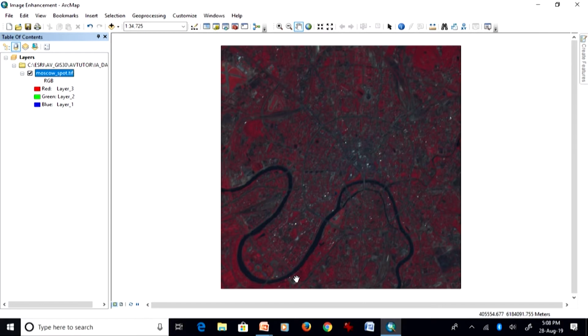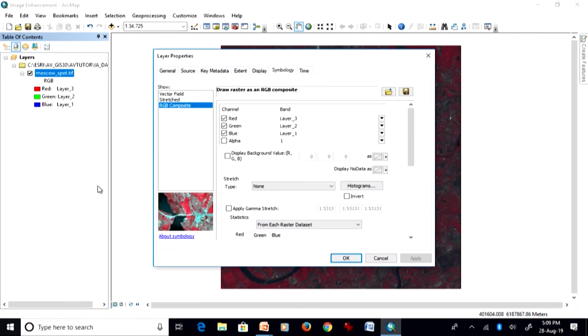If that combination is not followed, then you are not creating a standard false color composite. There are standard keys also available to interpret a false color composite image. But if I choose altogether the default for this composite, then I have a problem there. Like here, when I displayed this image, the arrangement was something like this.